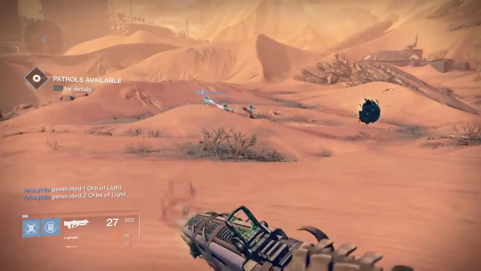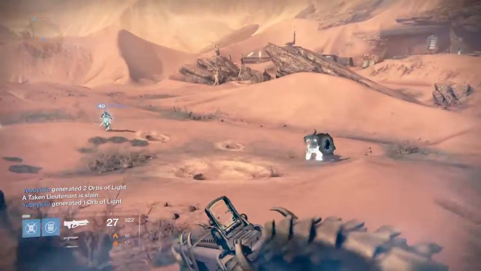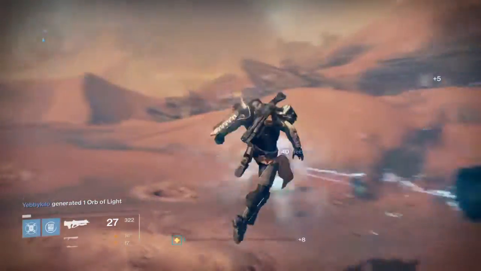Once you start running, you'll notice speed lines begin to appear around your screen. As soon as you see those, that's your cue that you can just...